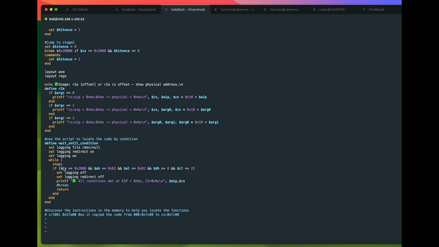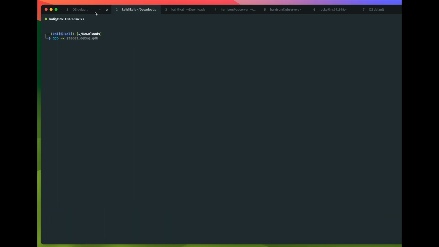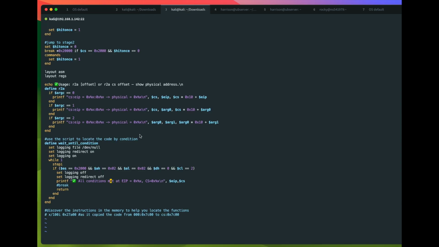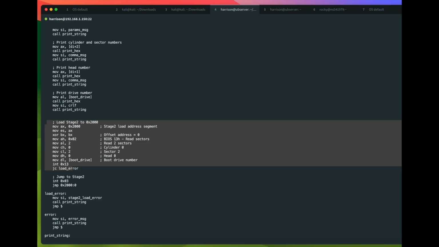I wrote another helper called wait until condition. This function runs the CPU in single-step mode and stops only when a certain condition is met, for example, when a register or memory value matches something we expect. This is especially useful when we are loading stage 2 from disk into memory, which can take a lot of instructions and time. Think of it as running the CPU in slow motion to catch the exact moment